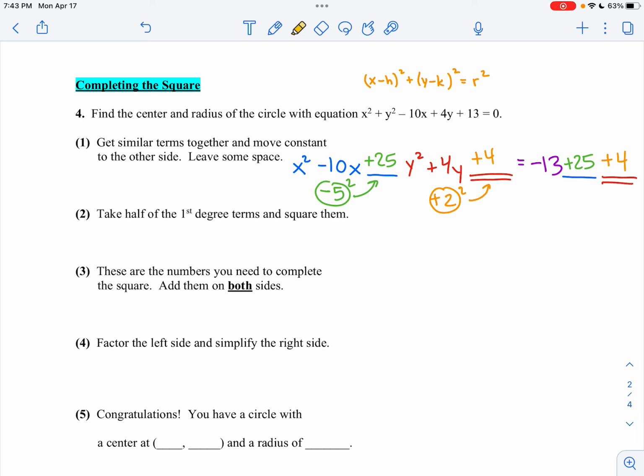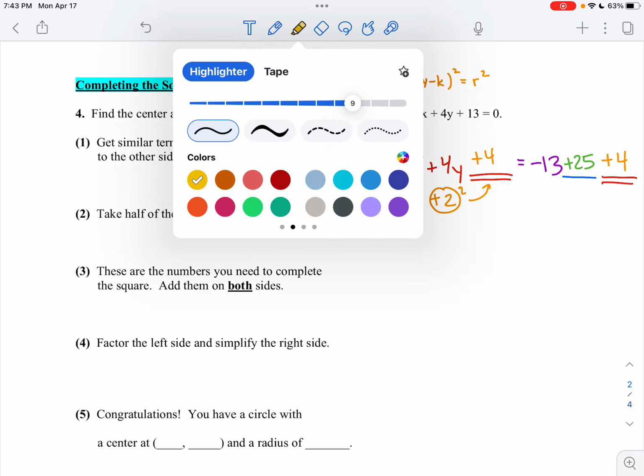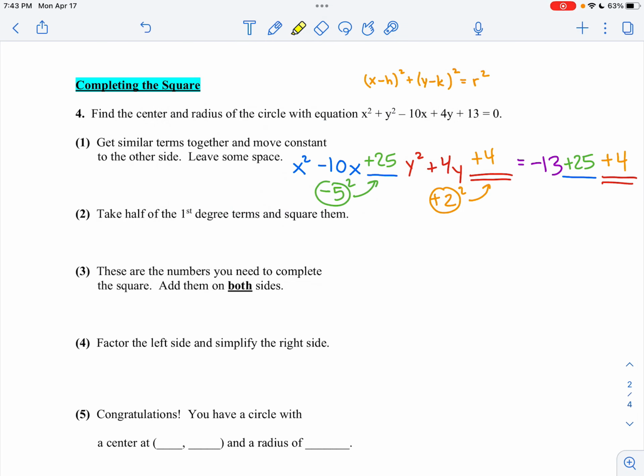So here's what we're going to do. The whole reason this process works and the way it got its name. So now we're going to look at these 3 together, and you're going to factor that. Now you have different techniques that you might use to factor. Even if you normally use the box method, you're probably not going to need it here, because if you ask yourself what multiplies to positive 25 but adds up to negative 10,